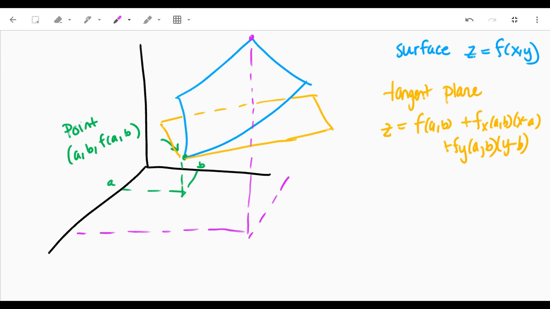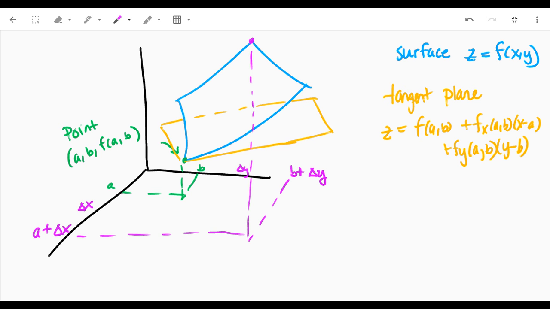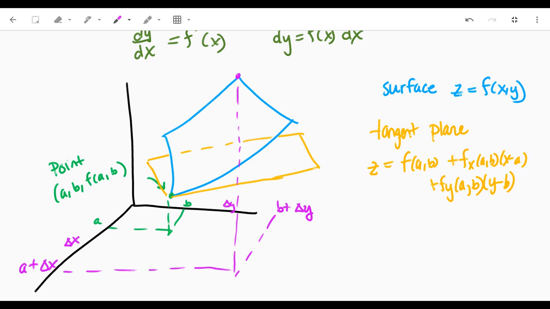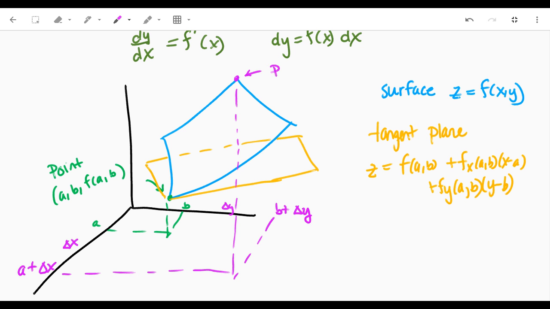Okay, so then we're going to have delta x, and we'd have a plus delta x. And then we'd have delta y, so we'd have b plus delta y. And then way up here, let's scroll down a little bit. Okay, so let's say that that point would be a plus delta x, b plus delta y, f of a plus delta x, b plus delta y, which would also be